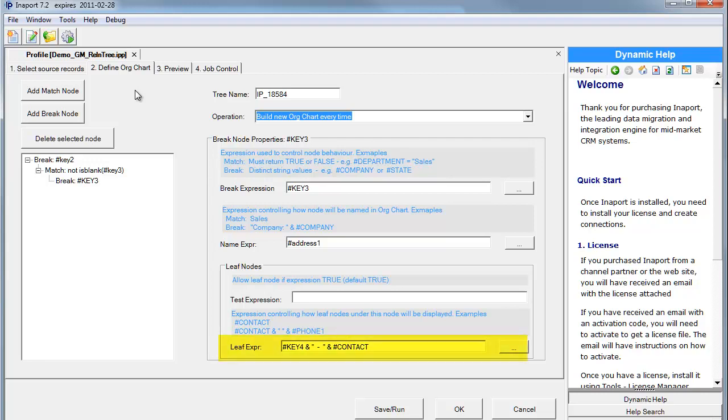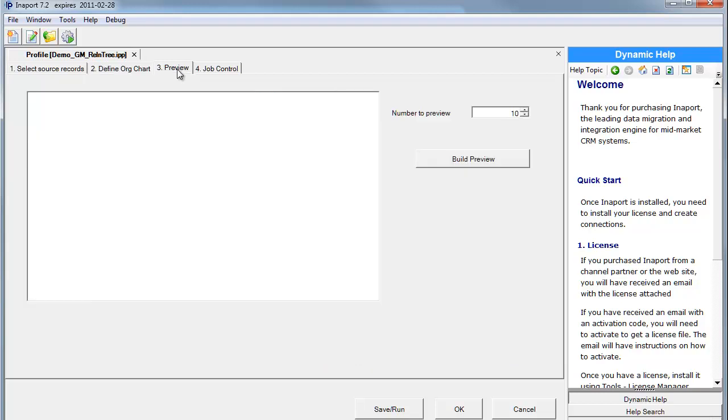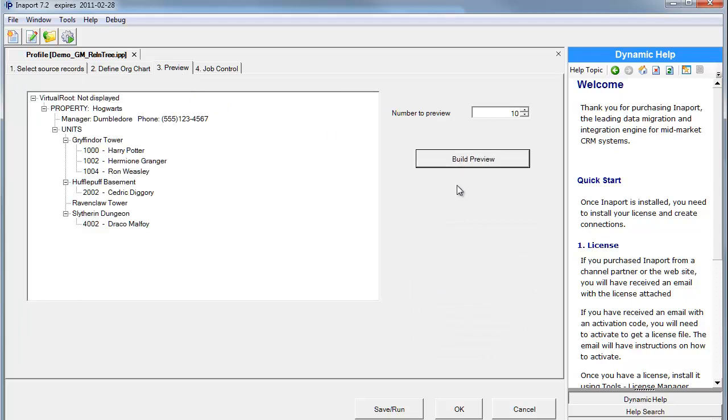Over on the right hand side, you can see that down the bottom we've specified what we call a leaf expression, which is saying when a record makes its way all the way down the tree to this point, how do we want the data displayed? Once we've done all that, we go to the preview pane and click Build Preview, and we can run this model on as many records as we like. In this particular case, we've only chosen 10 records out of the GoldMine database based on the SQL select statement,